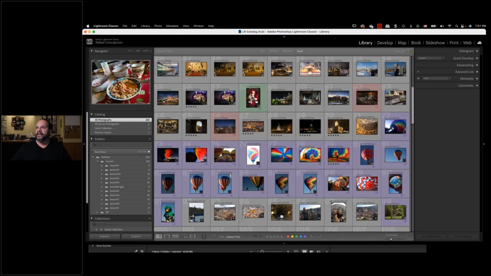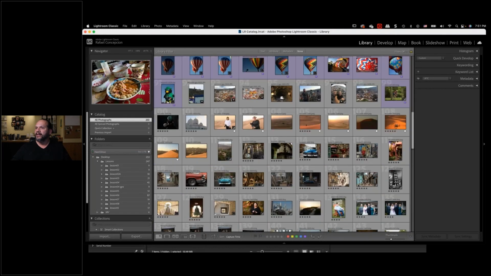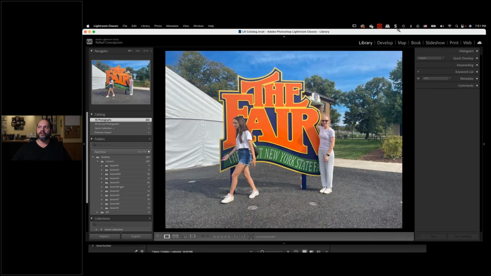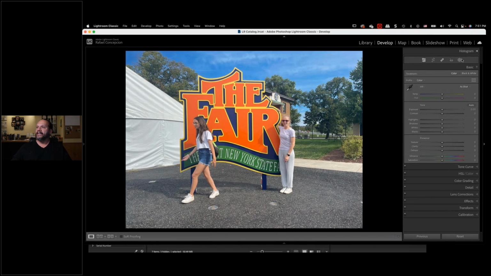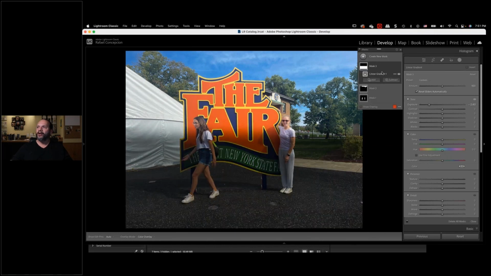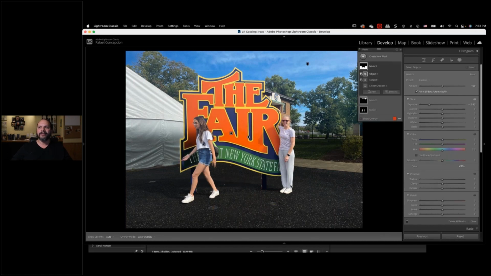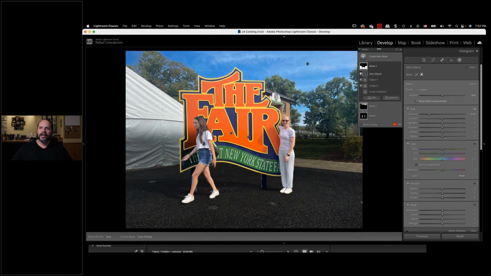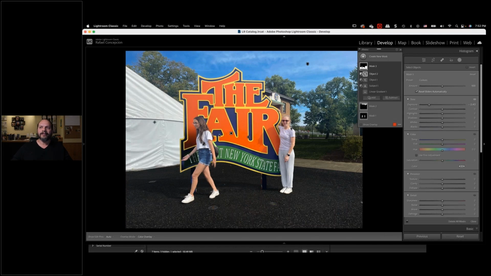So I alluded to this ever so slightly earlier in the class, and I want to see if it actually works. When we first started, we started with a picture of my wife and daughter, and I said, all right, well, what if I wanted to do the ground? I did the sky, I did the people, but I didn't do the ground. Well, what if I do this? Create a new mask, linear gradient, and I start the gradient from here to here. And now I darken it. And now inside of here, subtract, select subject. Oh, but I also need to subtract an object and draw a box around that object. Oh, I also need to subtract another object and come over here and drag this object. And now